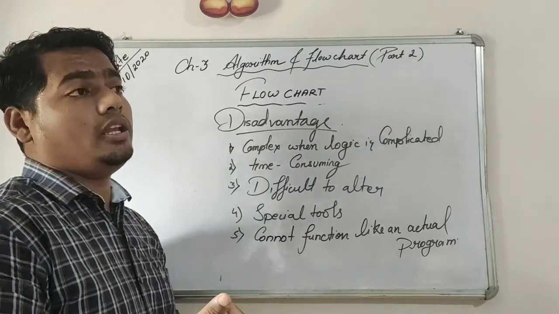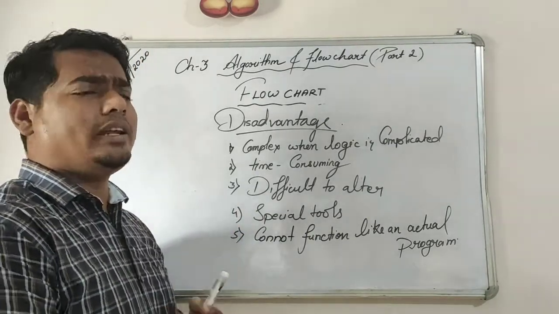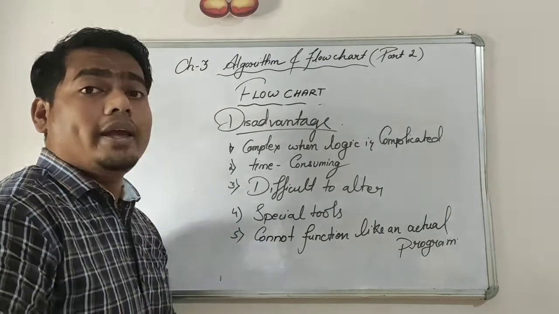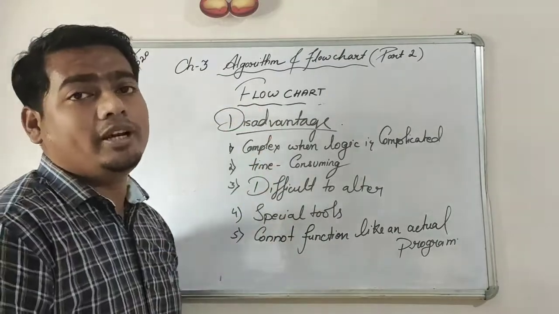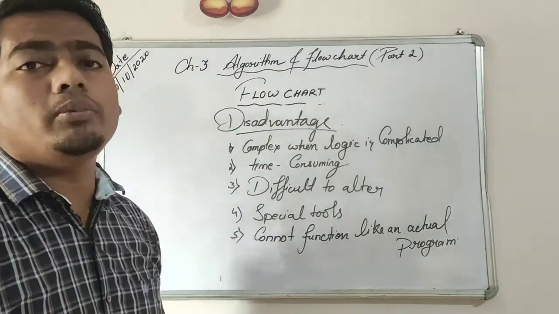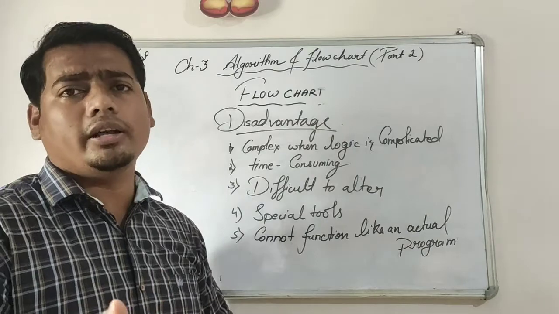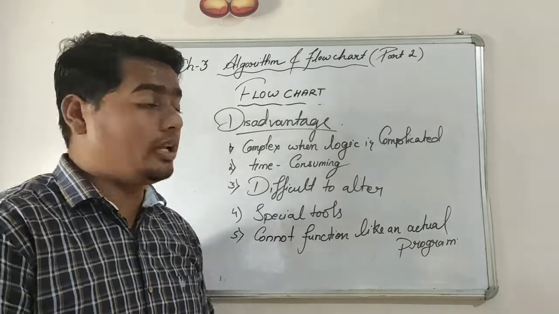But when you have to find the area, profit, loss, gain percent, everything in one question only, then it will become complicated and your logic or your flowchart will become so complex that you will not be able to understand it at the first or second or third time. Maybe you can understand it at the fifth time.